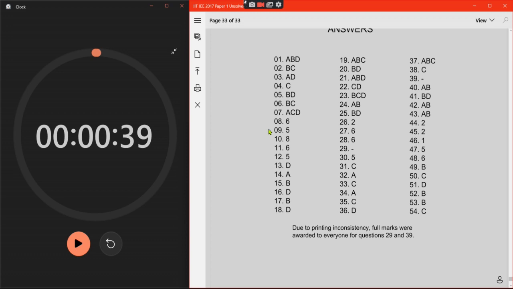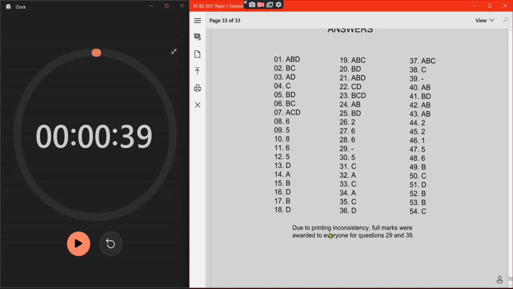29 क्या, मुझे बताओ तो, जब से फुल मार्क्स वेर अवॉर्डेड, ओके सो ये मेरा करेक्ट, मैं अज्यूम करूंगा। ओके, 30 का 5, यस। 31 सी, ओके। 32 का ए, 33 सी, 34 का ए, 35 सी मैंने किया नहीं, ओके whatever। 36 बी, 37 ए बी सी, 38 का सी, 39 ए सी डी, अच्छा वो है नहीं, ठीक है, सो ये मैं करेक्ट मान रहा हूँ आपका। 40 बी, मैंने ए बी की जगह दे रखा हाफ, so 1, ठीक है।